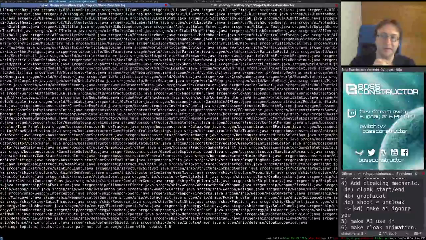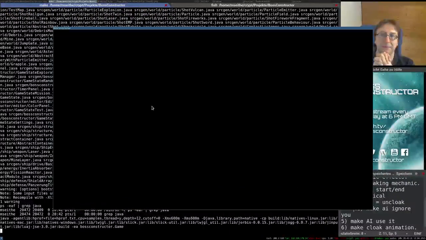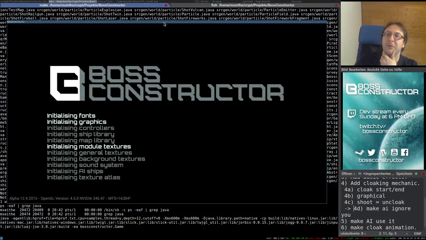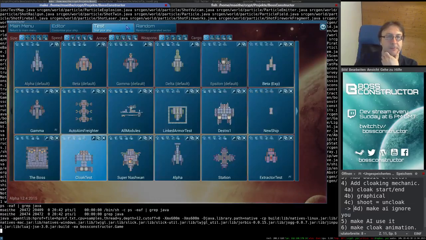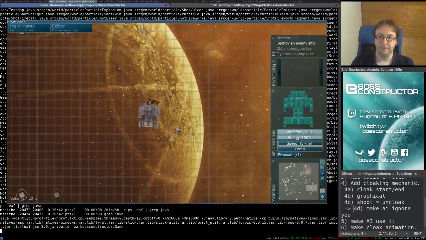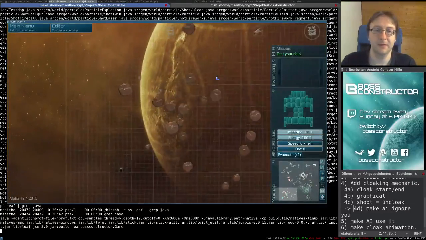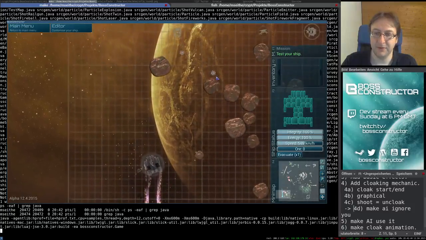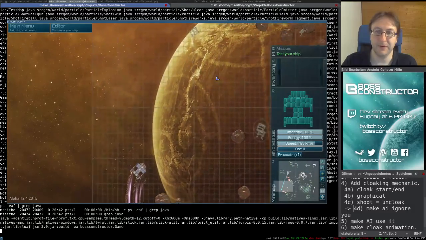Actually, I'm going to use the cloaking mechanic at another point too, because someone suggested cloaking nebula, which I think is a very neat idea. So I guess I'm going to add cloaking nebula at some point. This is not what I wanted to do. I mean, basically I'm just trying to troll the enemies at this point and to see how they react to our new...